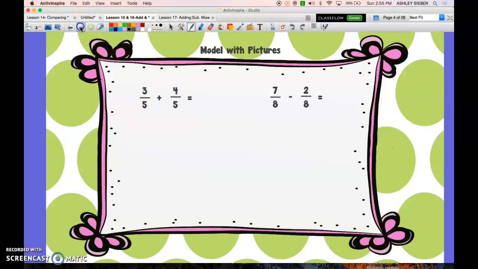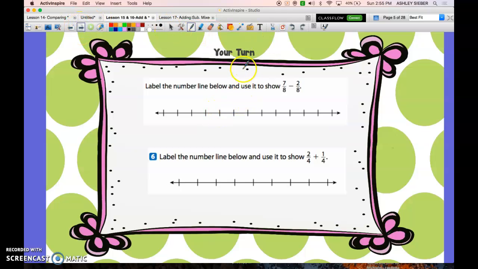All right, go ahead and erase your whiteboard. Let's do the same thing with the number lines. 7/8 minus 2/8 is the one we just did. So we know